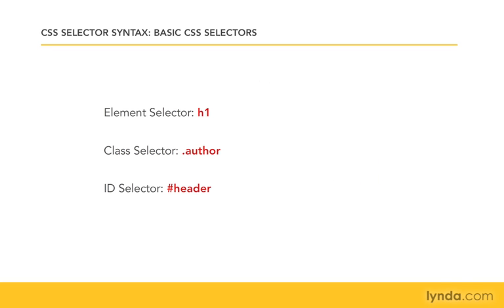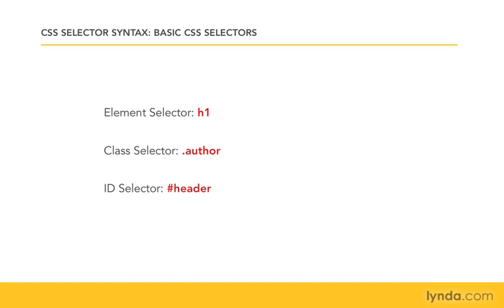Next, we have ID selectors, and again, this is going to target any element with an ID specific to what you have here. IDs are preceded by the pound symbol, just like classes are preceded by the dot. So if you ever see a dot, that's a class. If you ever see a pound symbol, that's an ID. So they're pretty easy to identify when you're seeing them within the CSS syntax. If you don't see any of those things, chances are it's probably an element selector. And just to check that, make sure it's representing an actual HTML tag like H1 or blockquote or the